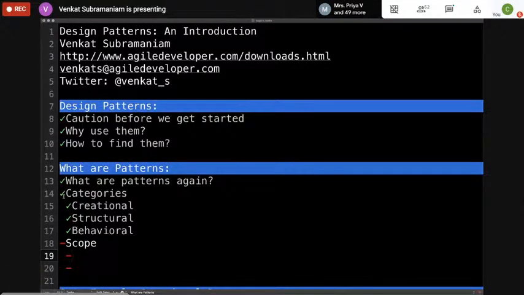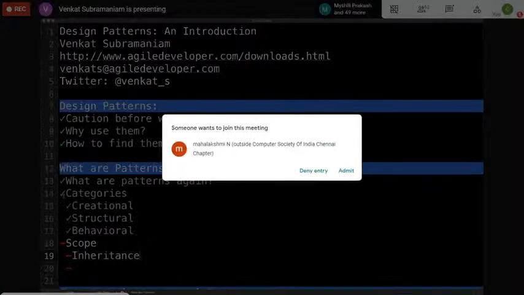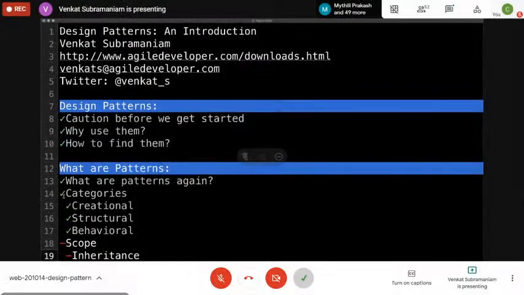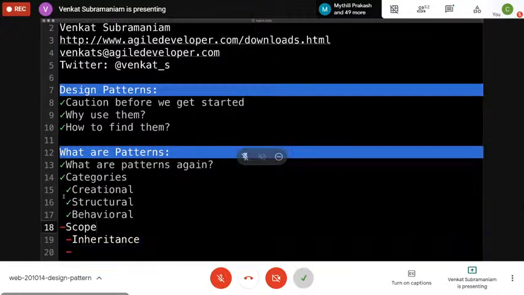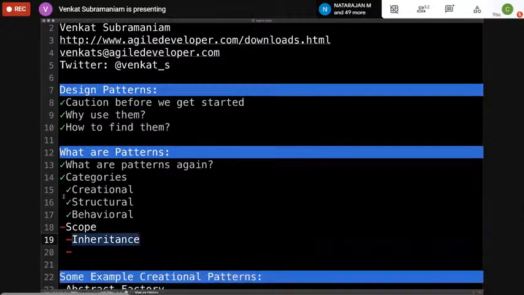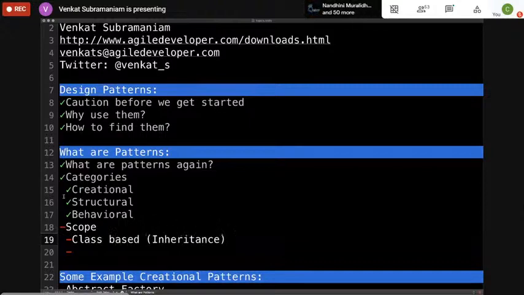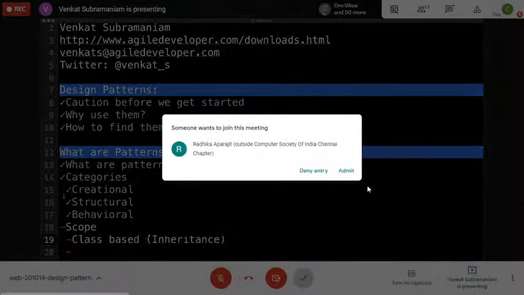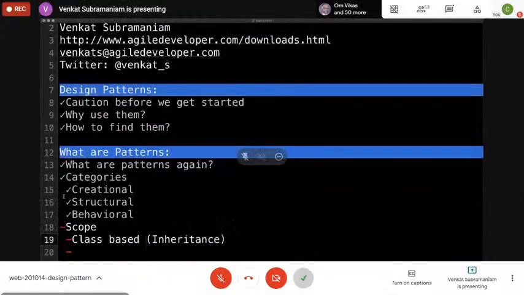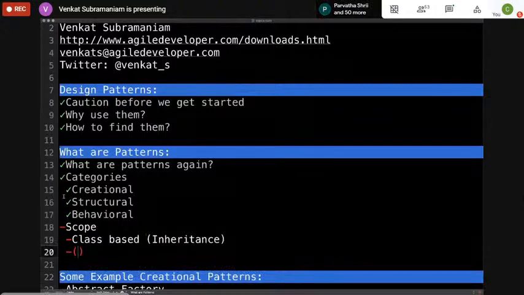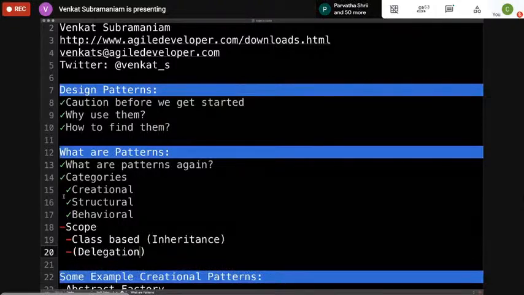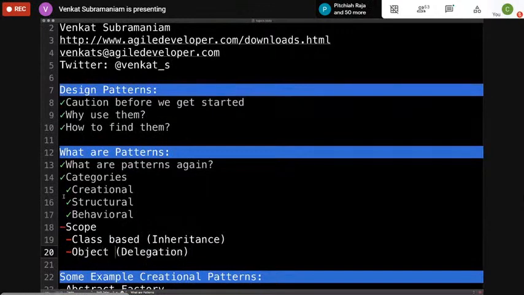So if you're using inheritance as a predominant approach to solving your problem, that approach has a name called a class-based scope. Essentially, a class-based scope is where you are using inheritance as the primary tool to solve your problem. On the other hand, if you use delegation as a primary tool to solve your problem, this is called object-based.